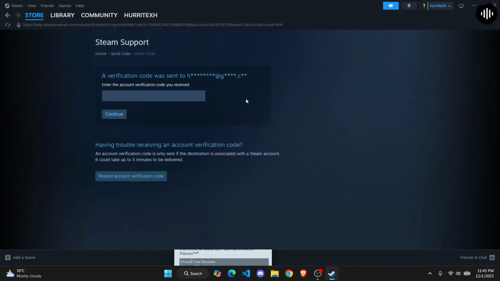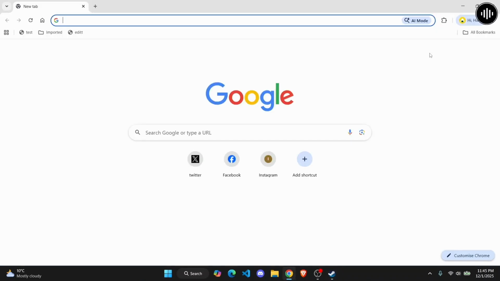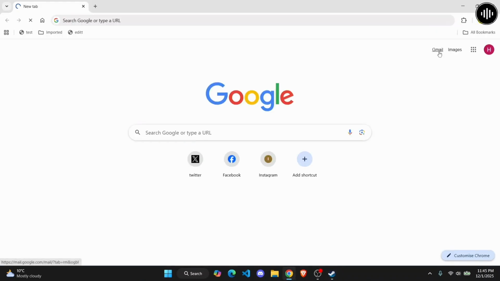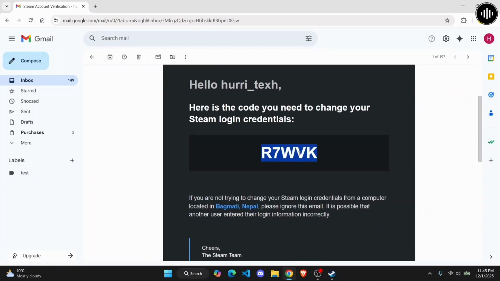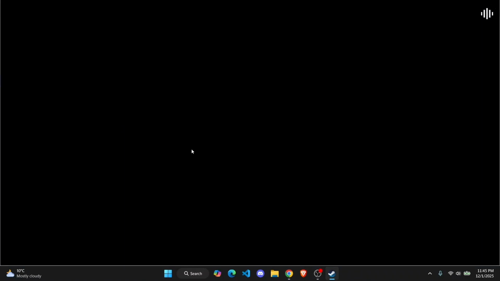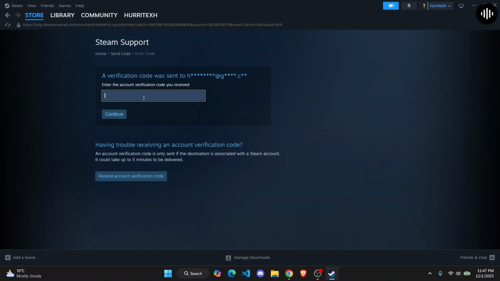I'll just select this. It's going to send a verification code. All you have to do is enter the code here. So let me just quickly check the verification code on my Gmail. Here I've got the verification code. I'll just copy this, go back to Steam, and paste the code over here. I'll just go ahead and paste the code here, tap on continue,